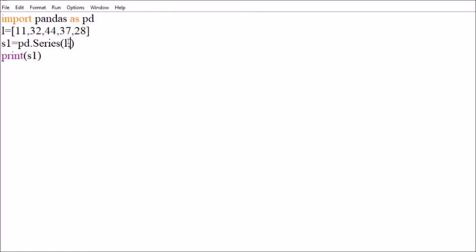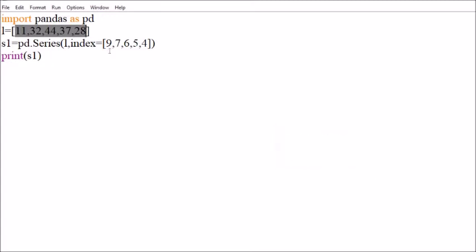Here if you want, you can give the index also. Rather than the default index, you can write index is equal to numbers, suppose I am writing 9, 7, 6, 5, 4. You take care that as many values as you have, that many index values are needed. If you have 5 values, then 5 index values are needed.